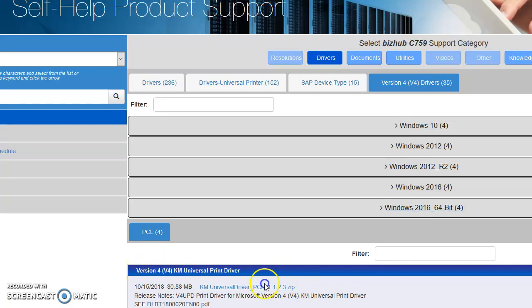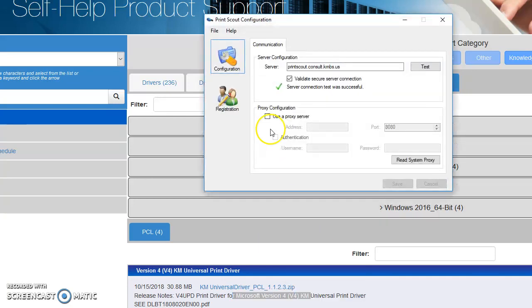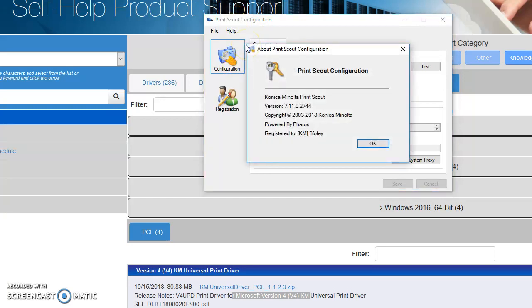I'd like to use that with my Print Scout. It's a Microsoft V4 driver. I've got it downloaded. And the version of Print Scout that I'm using is the current latest greatest as of today's date anyway, November 29th specifically, but this is the current build